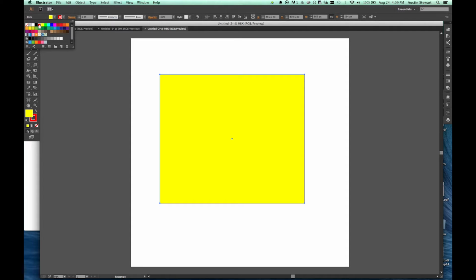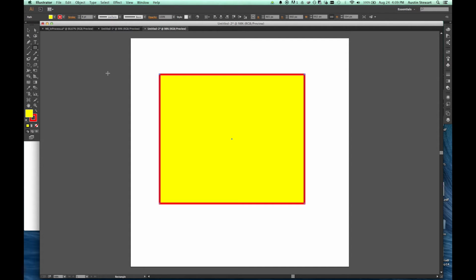All right, we're going to make this the McDonald's rectangle. And then let's take the stroke width and set that to 8 points. That's just going to make it heavy enough that we can see it, and being able to see the stroke for this demo is important. So now that we've created a rectangle, we're going to learn how to use the direct selection tool to modify it freely. The direct selection tool is the white arrow